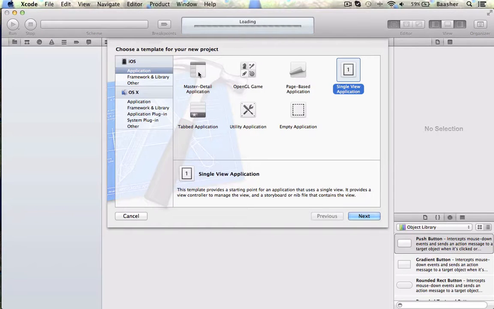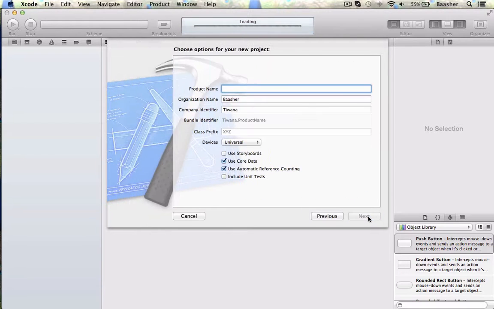and the very first one is Master-Detail Application. The template provides a starting point for a master-detail application. It provides a user interface configured with a navigation controller to display a list of items and also a split view for the iPad. So it looks like that once we get in here,